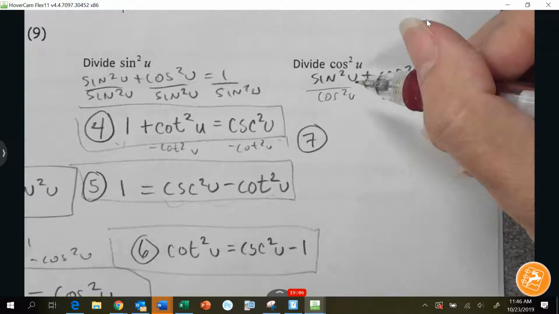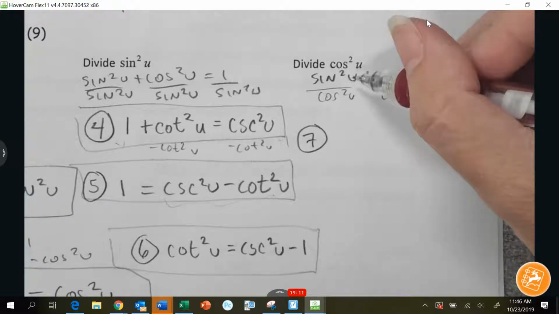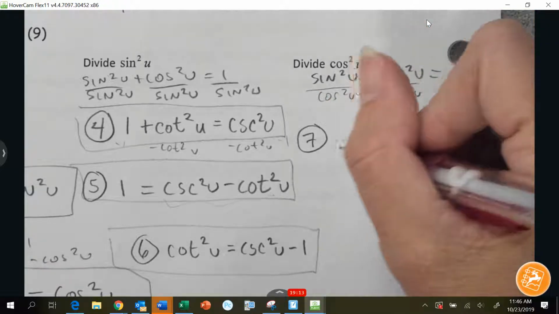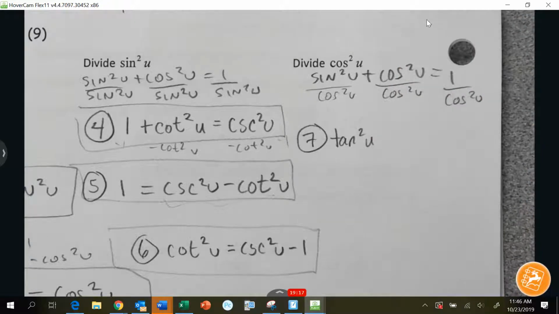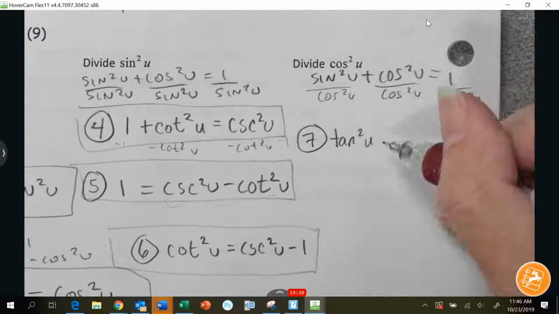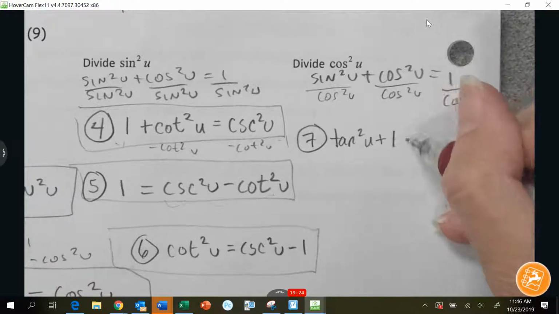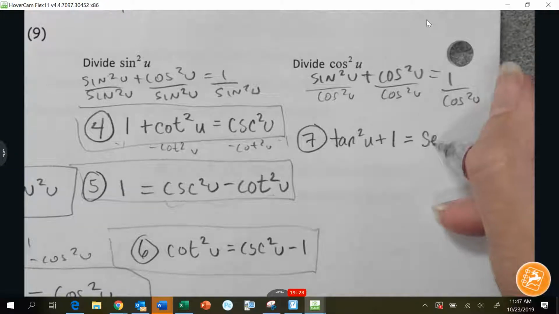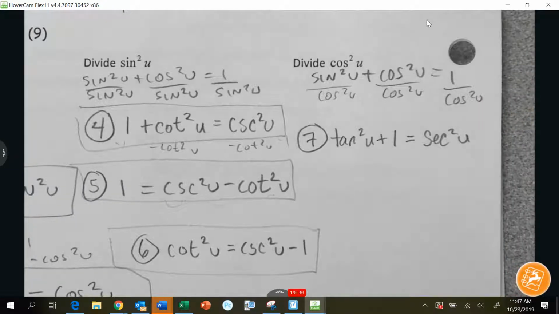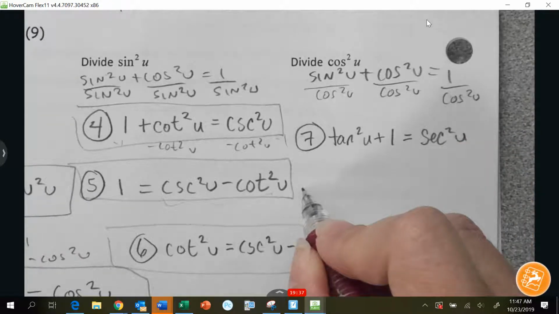So if I divide sine squared u by cosine squared u, what do I get? Tangent squared u. That came from the front page for the quotient identity. If I divide cosine squared by cosine squared, 1. And if I have 1 over cosine squared, that is secant squared u. So I just simplified each of those fractions, and then we're going to reorder them for number 8 and